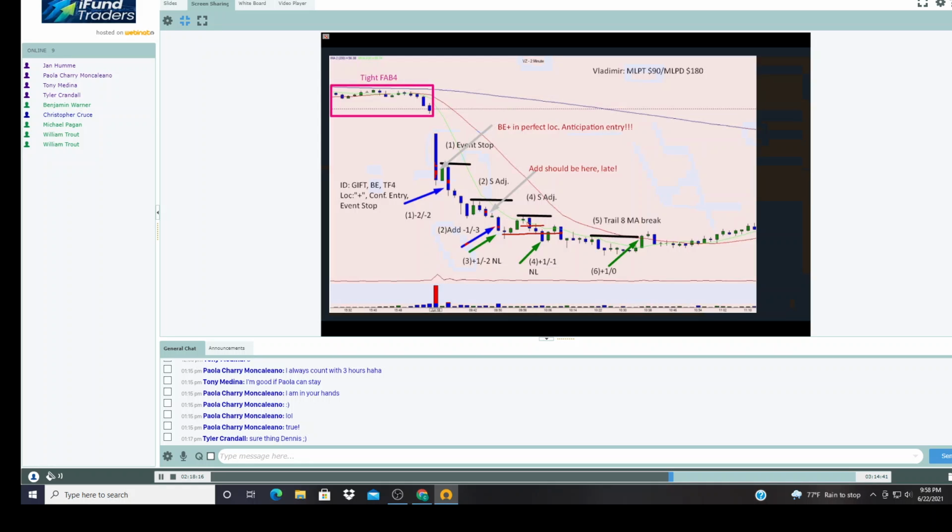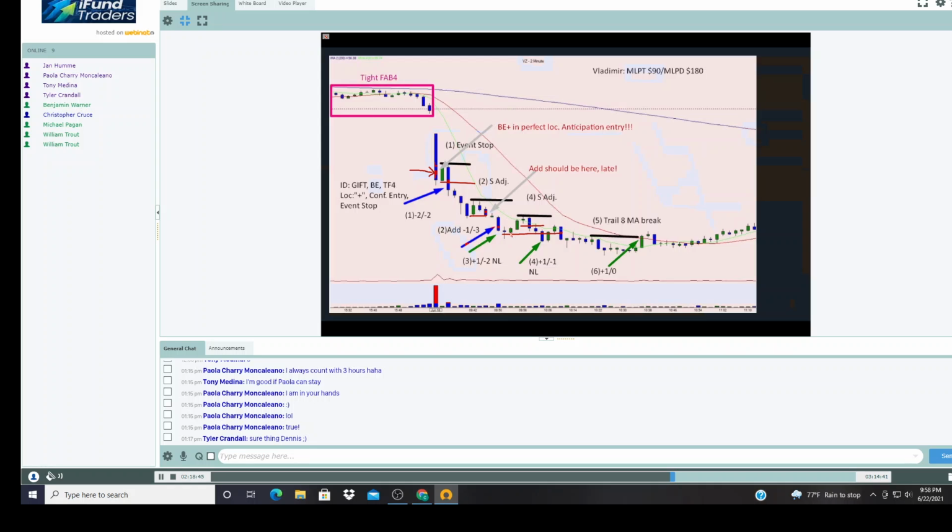Checklist. Again, a checklist is a drilling machine. It tells you exactly what to do. So the checklist says mandatory add on the first RBI or GBI. Okay, here it is. This is your first GBI, provided that you enter here. Okay, you entered here, well, then here's your first GBI. You have to add here, which basically you tried to do. That's good. That's the first mandatory add.